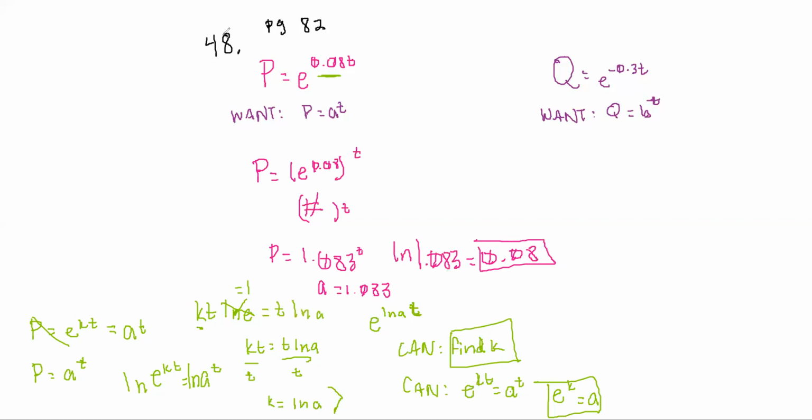So we're going to do the exact same thing with Q. We have Q is going to be equal to e to the negative 0.3 to the t. So this is some number to the t. And we could go through the calculator, but I don't have one right now to find out what that is. Okay. So that kind of just is a refresher on what these equations are generally doing. Let's now try to do